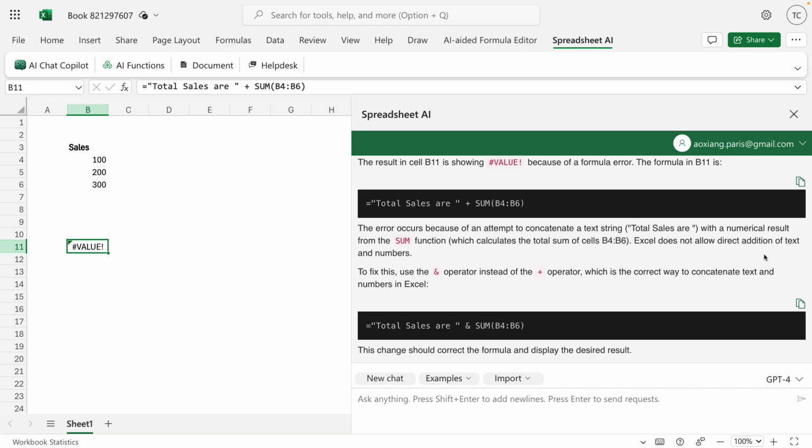To conclude, whenever you encounter an error in a spreadsheet, regardless of whether the spreadsheet is simple or complex, you can use this formula debugging feature to check it. The tool will check the values and formulas in the workbook and explain why the error occurs. It will also suggest possible ways to correct it.